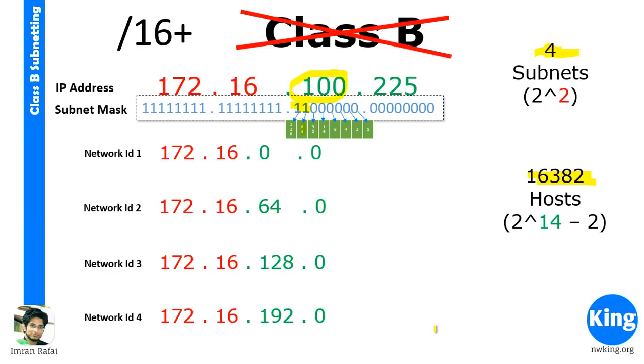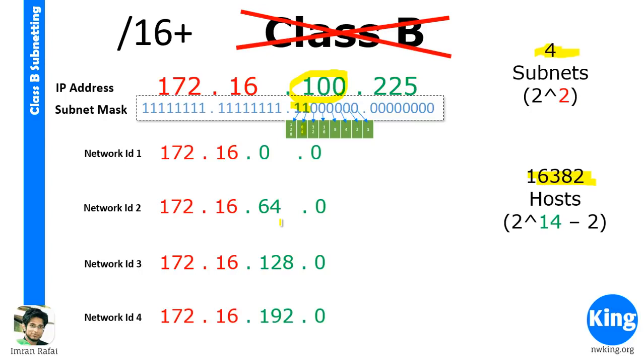Now that's the question. Again, it's 1 minus the next network ID. So in the first case, it is 64.0, the next network ID, minus 1, which is 172.16.63.255. Remember the digital clock. Now you know how a digital clock works. That's exactly how this works. So 64.0 minus 1 is not 63.0. Remember, it is